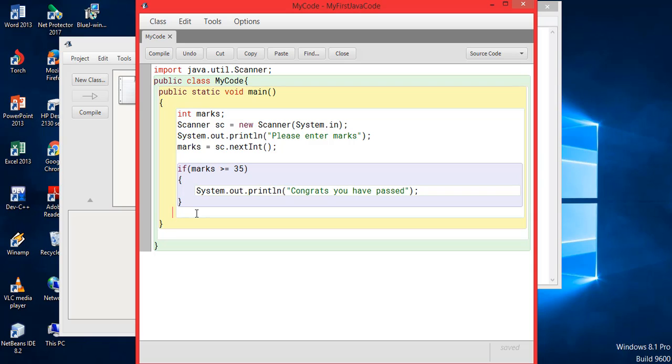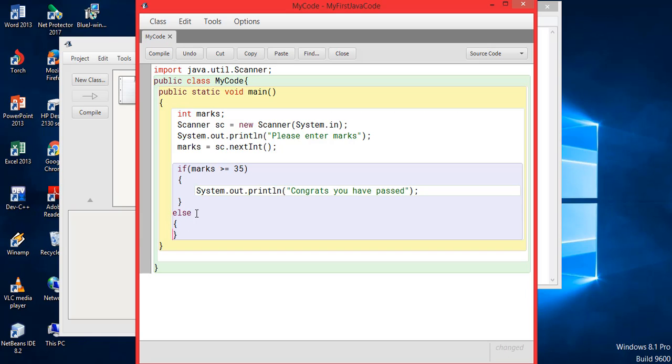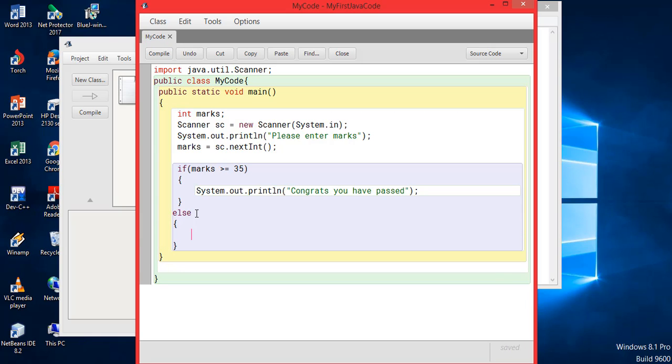But what if your marks are not more than 35? So there's an else block out here. The else block is used in case the condition does not meet, then the else block will be shown. So I am saying System.out.println. If the marks are less than 35, it will say sorry, you have failed. So you are choosing between whether the student has passed or failed based on the criteria. The criteria is the marks are supposed to be more than or equal to 35. So we are basically using this criteria for performing this certain task, correct.